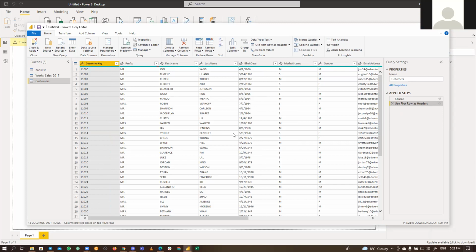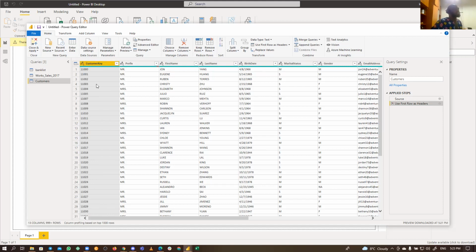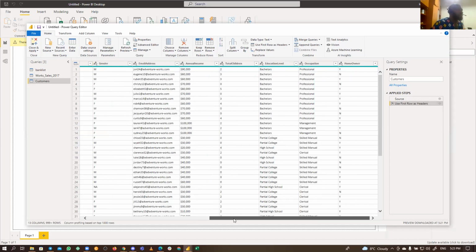Please, how do you close it again? Let me make the step again. So let me say I'm changing to percentage. You can see it has added this step, change type, right? So you can just click on close, you take it back. Okay. Yeah, so that's it. So these are the things that we can see mainly looking at this data set.